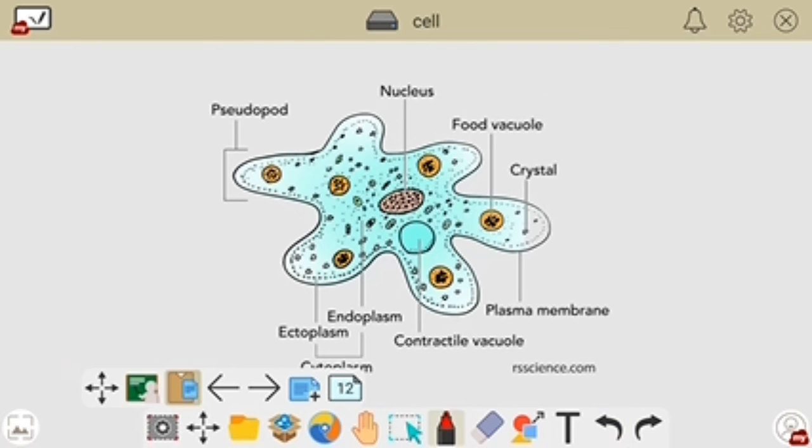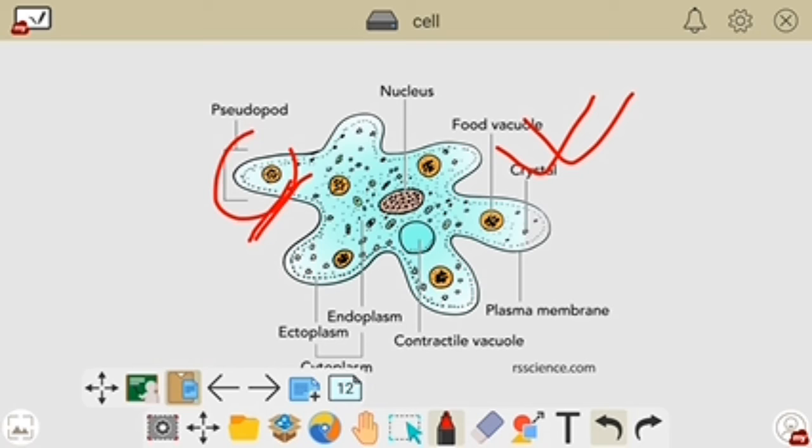So as you know, amoeba is a single cell, right? It consists of only one cell. Amoeba consists of only one cell, and it is not dependent on other cells. It is independent. But the cells of multicellular plants are not capable of existing independently, while amoeba can exist independently. It has a special property that it can change its shape. It has an irregular shape. It can change its shape when it wants, by changing the flow of cytoplasm inside it.